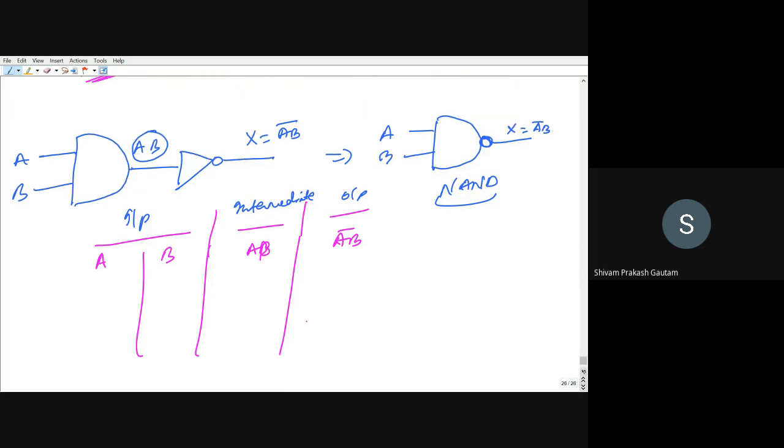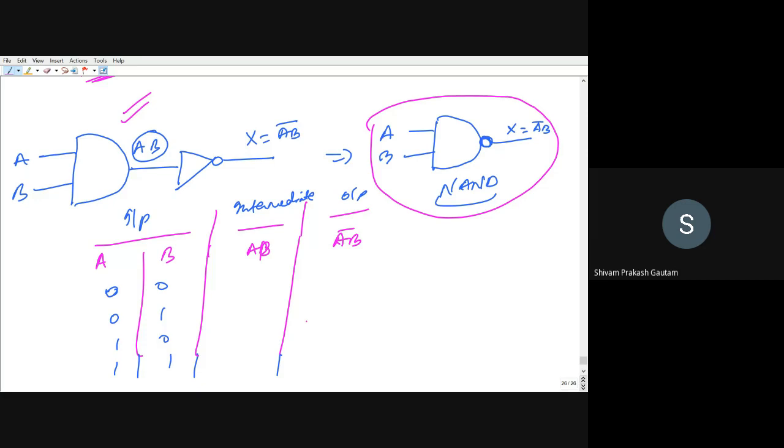Again, we have to fill the table. So 0 0, 0 1, 1 0, 1 1. Sir, in the exam, do we have to calculate the intermediate stage? No, not required. You can directly write the output, okay? Because this is the symbol of the NAND gate, so you can write input and output. But if you write the intermediate stage, then you will never be at fault, because a mistake can happen in an exam. You can write the intermediate stage when you have expanded logic operations, right?